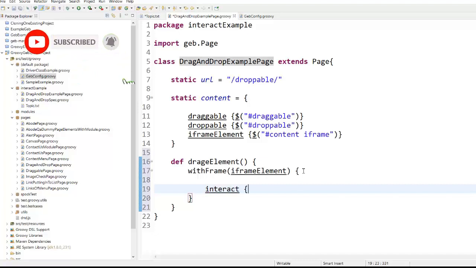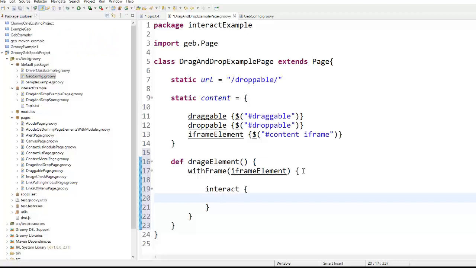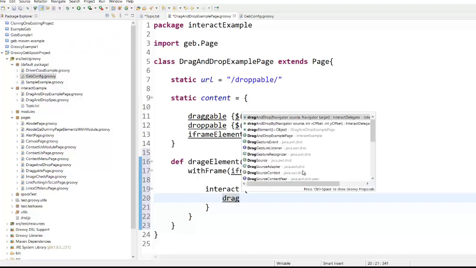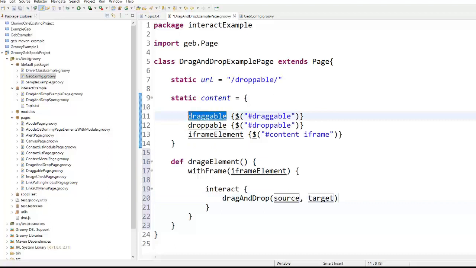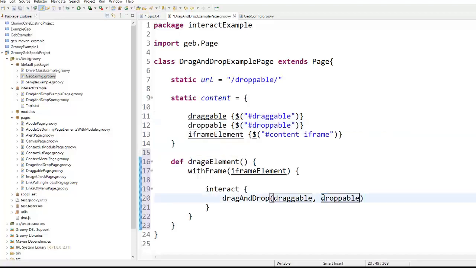Within this we will be calling drag and drop, and this is going to take two navigators. The first one will be the draggable, so let me copy it from here, and the second element will be the target element, and that is droppable. So let's add it. Now we are done with the page.